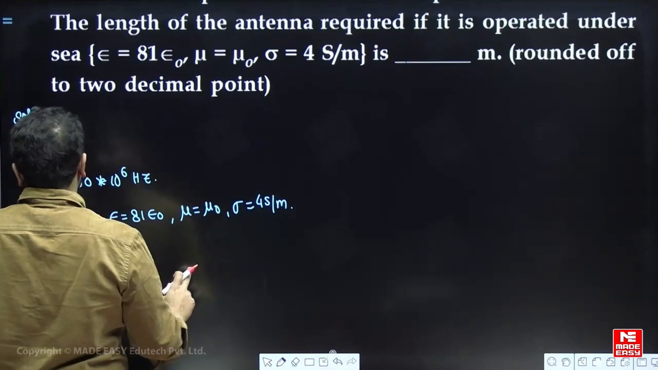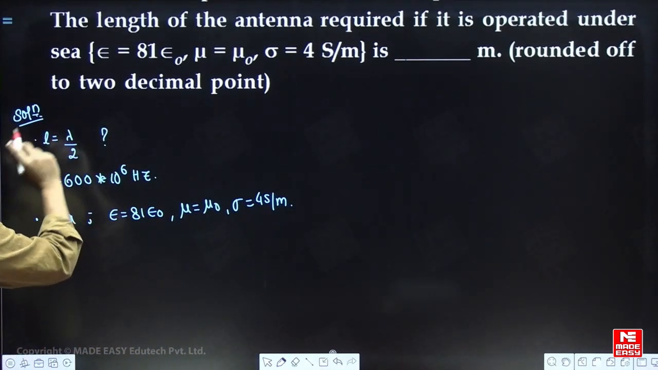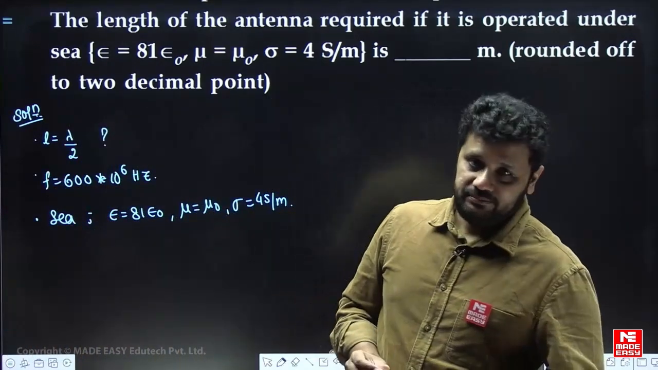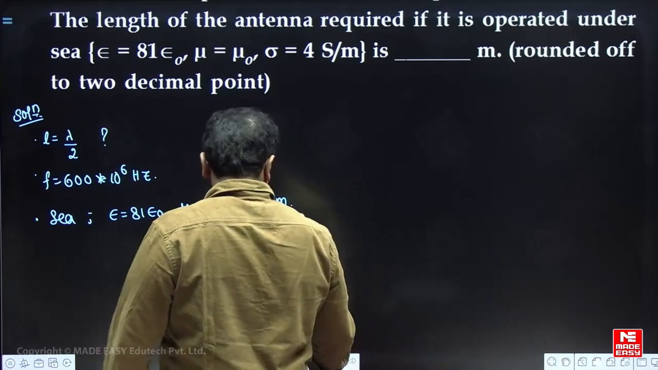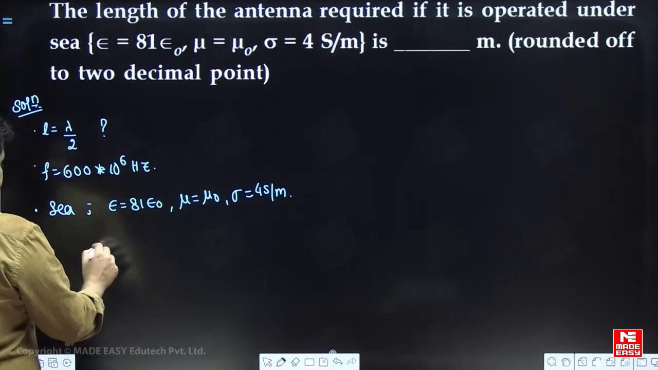So first of all, to find this lambda, because length they are asking, right? So length is equal to lambda by 2. So first of all we have to find what is the value of lambda, then only we can do anything. Correct? Okay. So for sea water,